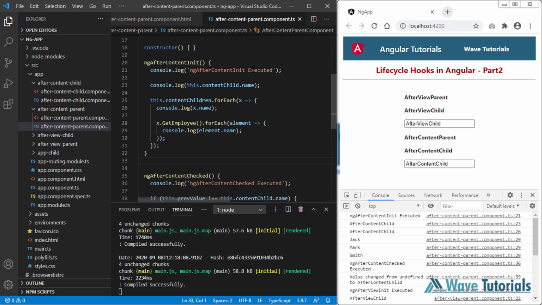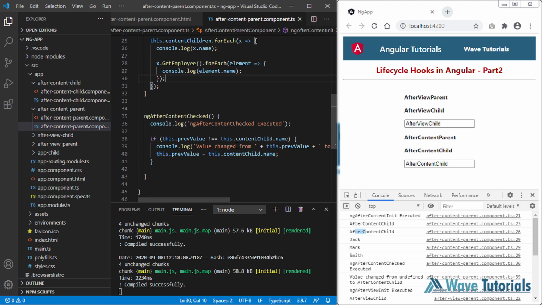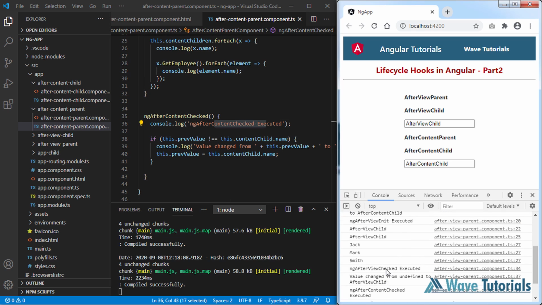Here you can see that first this one is executed and then this name is printed, and again the name is printed from this console, and then Jack, Mark and Smith is loaded from the child component of ngAfterContentInit, and then the ngAfterContentChecked method is executed, you can see here, and after that